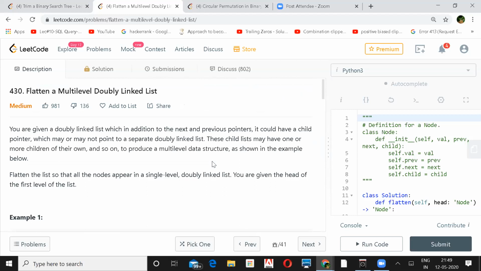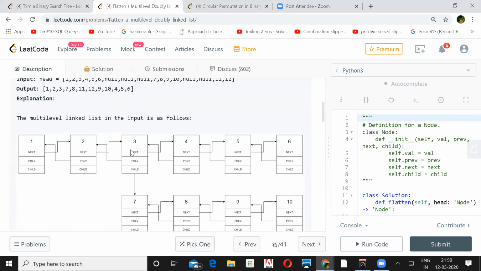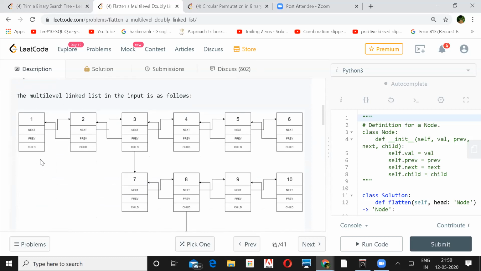Can we store all those nodes in a stack by traversing all the nodes? So 1, 2, 3. You are saying like we go for the iterative way? Yeah, iterative way. Just store all the nodes in a stack and we can just connect it later, like next, previous, and making the child null.